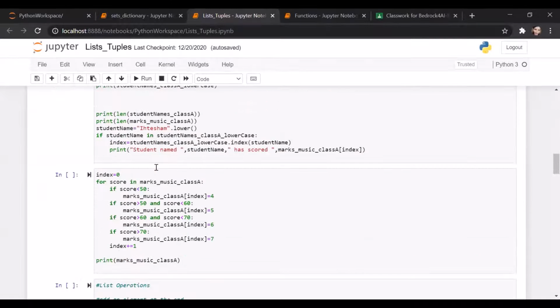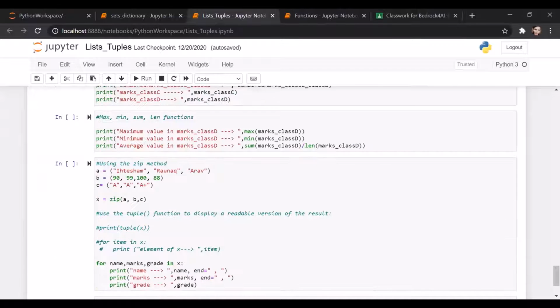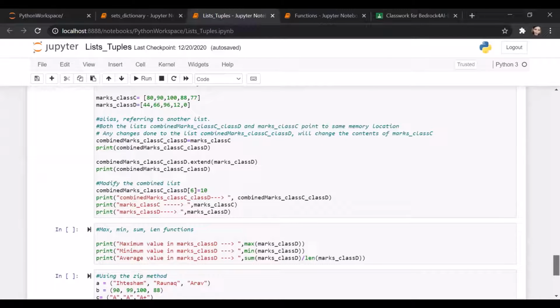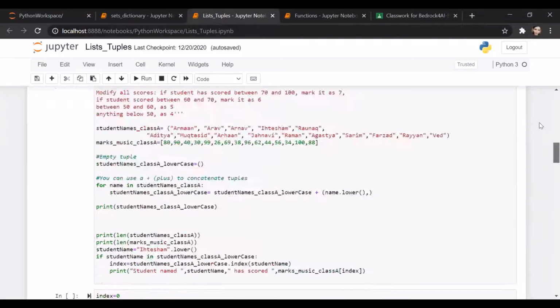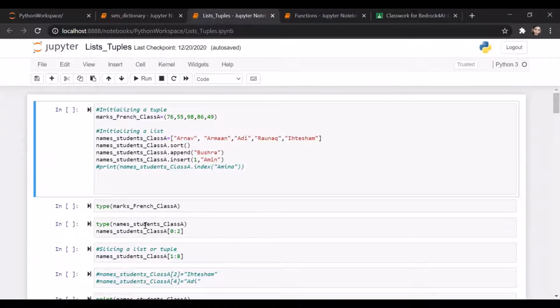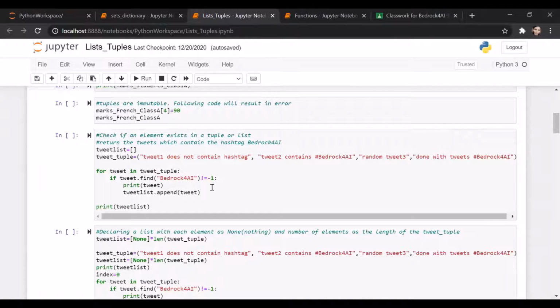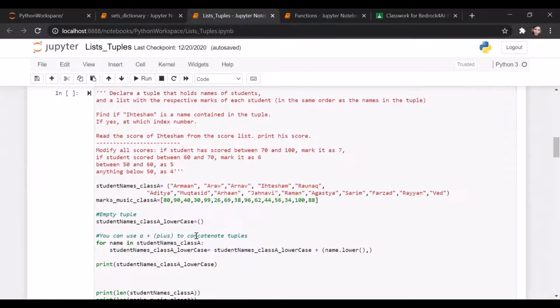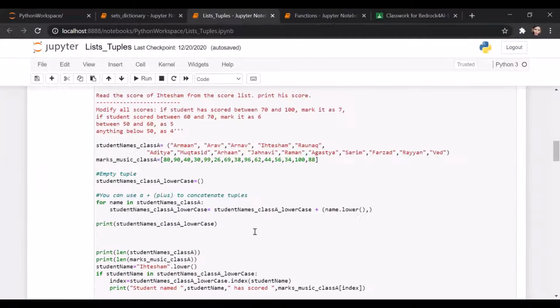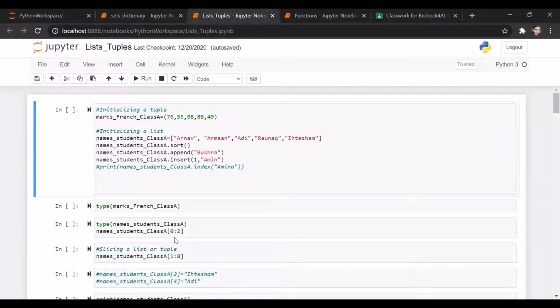Oh, I'm not sharing the code, sorry. Okay, this one here. So you need to complete this file today. I want you to practice each line of code, not just practice. I want you to be clear on what I have done. I have shown you the practice code, the basic code for almost all the common functionalities that we use from list, tuple, set, dictionary data types. So once you finish this, you will have a basic foundation, and then you can always look at the Python documentation to see what other functions are available.